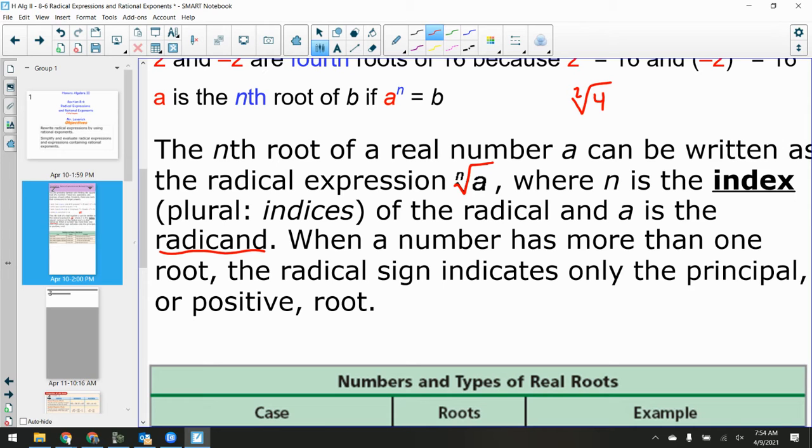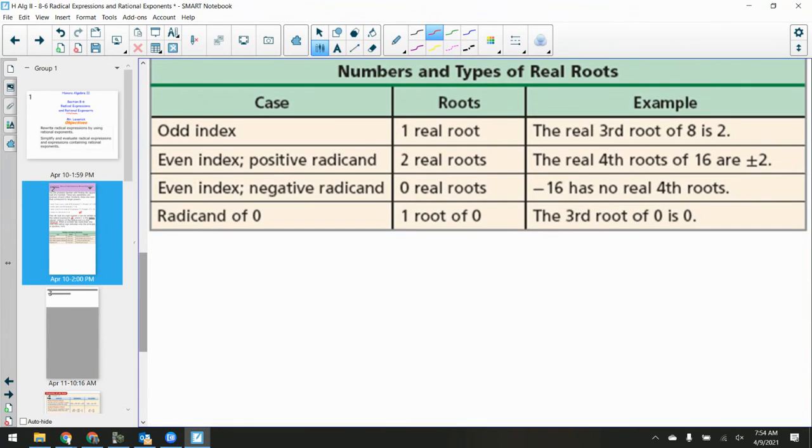When a number has more than one root, the radical sign indicates only the principal or positive root. If there's only ever a positive sign out there, you are indicating only a principal positive root. Taking a look here at this table, think about odd indexes and even indexes. What do I mean by that? Think about the difference between square roots, fourth roots, sixth roots, eighth roots, and third roots, fifth roots, seventh roots,